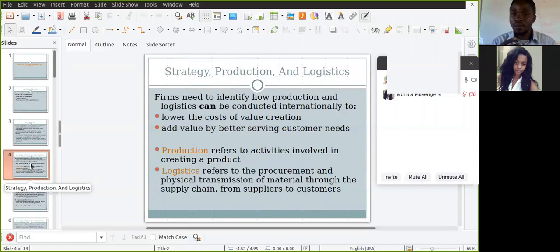into production or product creation, and also when you're serving customers who are not in the same circumference or your domestic region. When you have all this information at your disposal, you'll be able to lower the cost value. You're not going to experience a lot of costs in terms of raw materials processing into final products. This is because you have all the information that is required, and it will be easy for you to serve customers because you have the full information that you need to know about them.